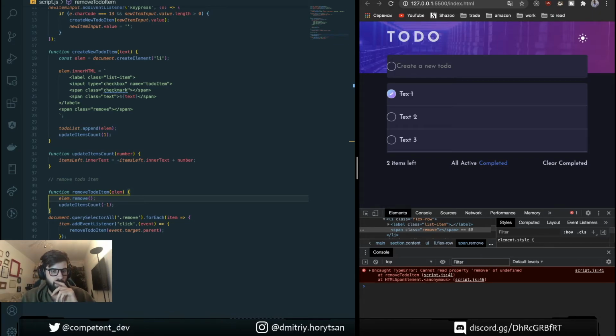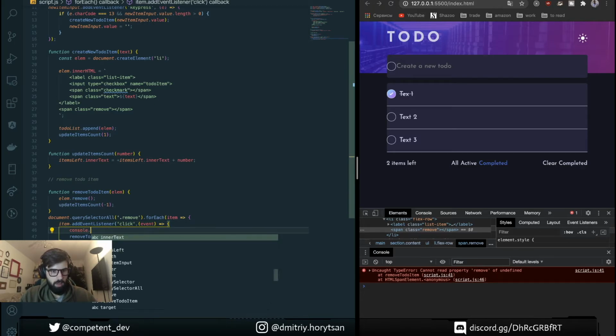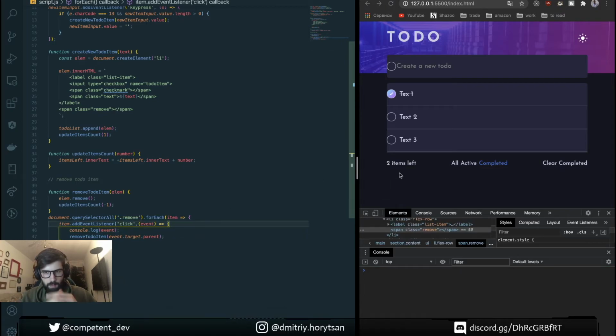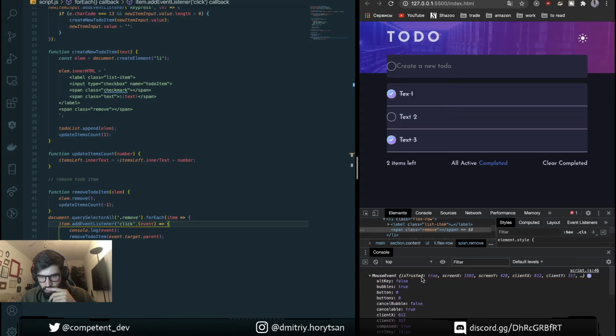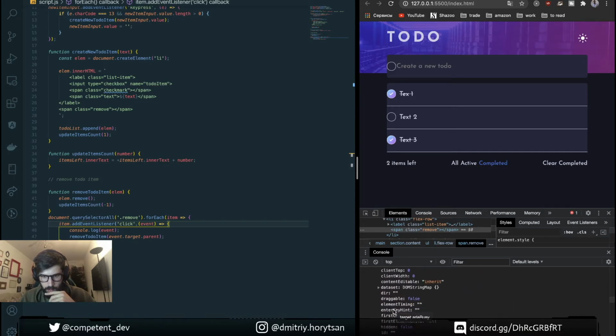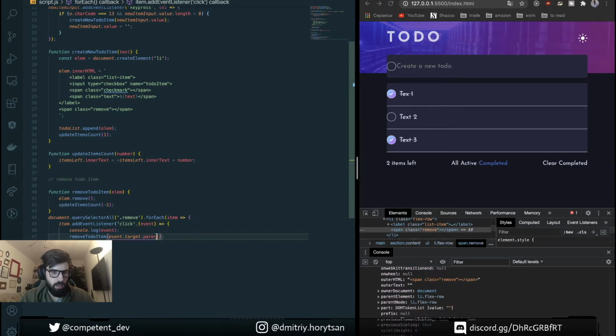Because let's print here our event. We have target, and the parent of this target should be the parent element. Yes, parent element.